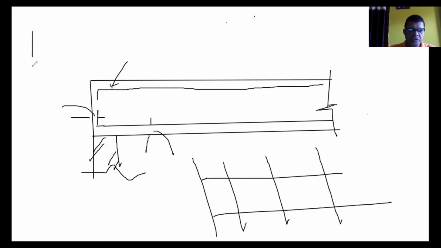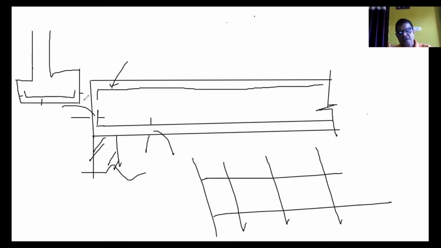If it is a footing like this way, suppose you have a column footing. Now here, while providing the steel on the footing, you see it will go like this way. So there will be side cover, here cover, and here cover. So everywhere you should provide the minimum cover. If it is a footing, the minimum should be 50, 50, 50. It is beam, it should be 25, 25. It's a slab, it should be 15 and 15. This is for mild exposure conditions.